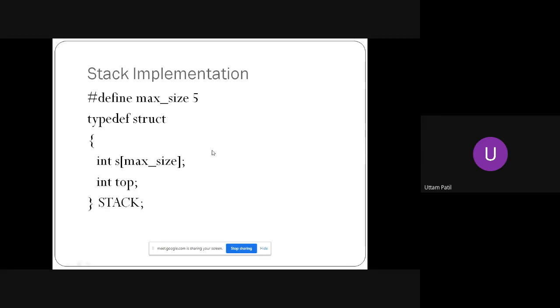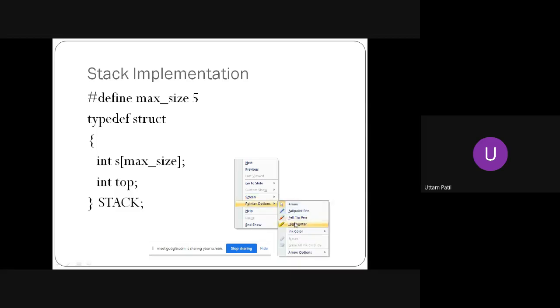So this is the data structure which we have created, which is stack. And it will have an array and the top, which is to keep track of the latest element which is inserted. For that, we have this particular thing as top.